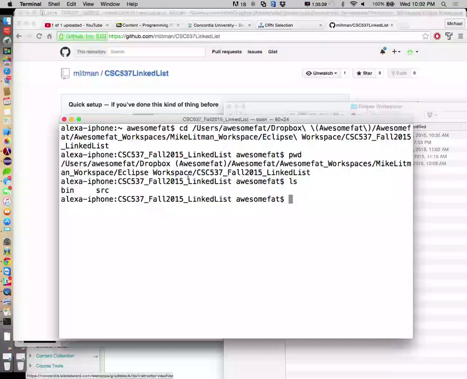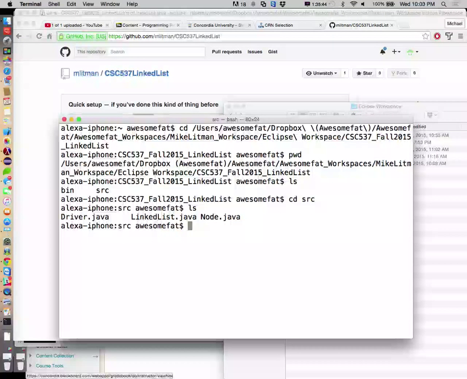I have 2 folders, bin and source. You actually want to go into the source folder right here. Those are our 3 files: Driver.java, LinkedList.java, and Node.java. Once you're sitting in that directory, you type ls, which is a Unix directory command. If you were on a DOS machine, you'd type dir. But when you are on a Windows machine and you download Git, it'll give you a Unix terminal, so it'll always be ls. You should be able to type in ls and see that. Is that in PowerShell? Okay.